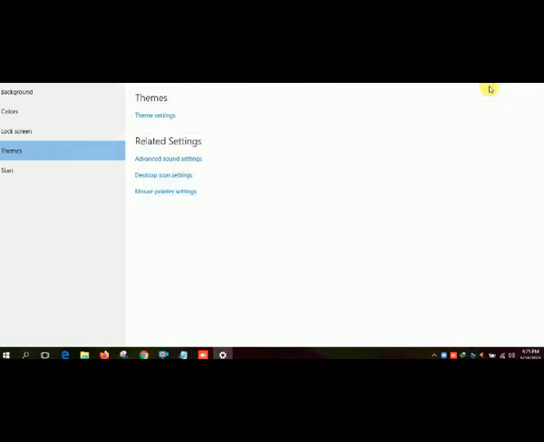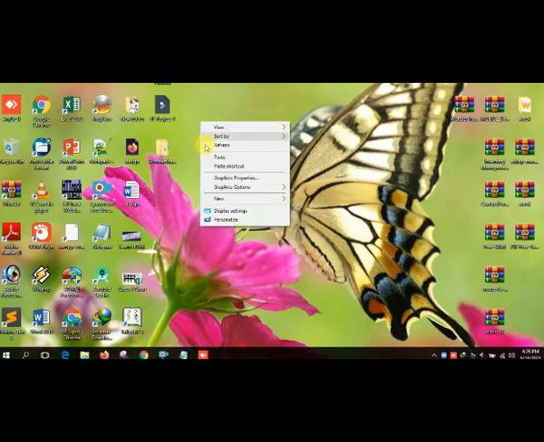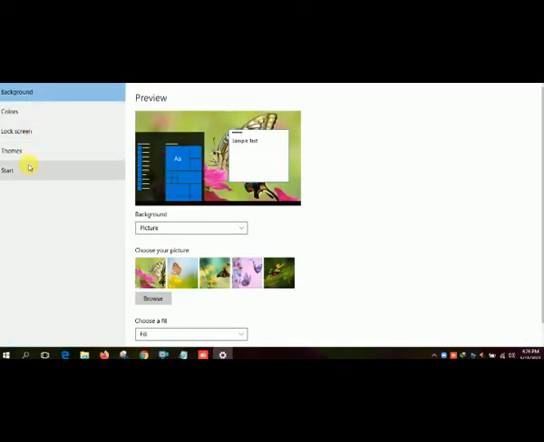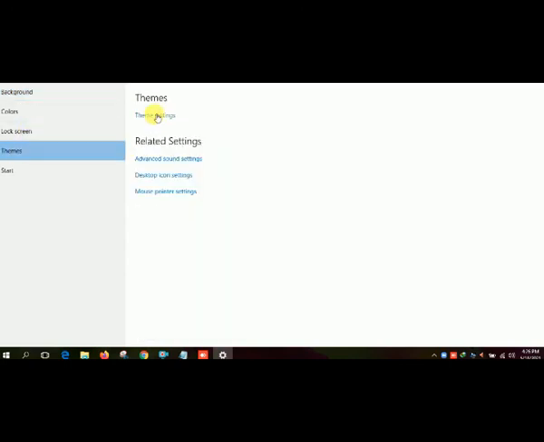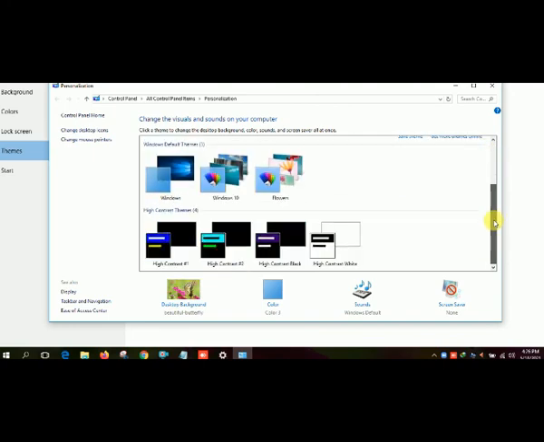So again I will repeat themes. How to change our themes? Right click on your desktop or home screen and click on personalize, and some options appear here. Now click on themes, theme settings. So you can search any theme.